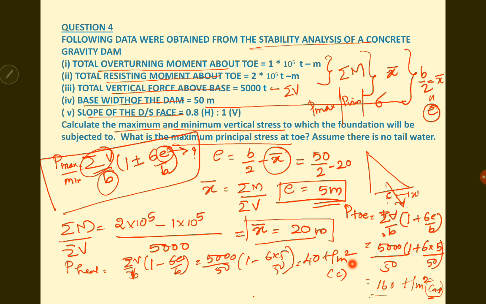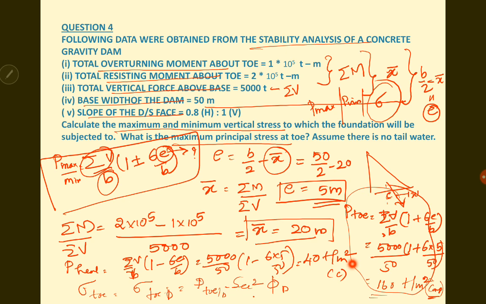Now, the next part of the question is to find sigma at the toe. You have to find the sigma toe. So, sigma downstream or sigma toe is equal to, what is the equation for finding sigma toe? The equation is sigma toe or sigma D is equal to P at toe, that is the vertical normal stress at the toe, this part, into secant square phi at toe or phi at downstream. Okay, toe or downstream you can say.